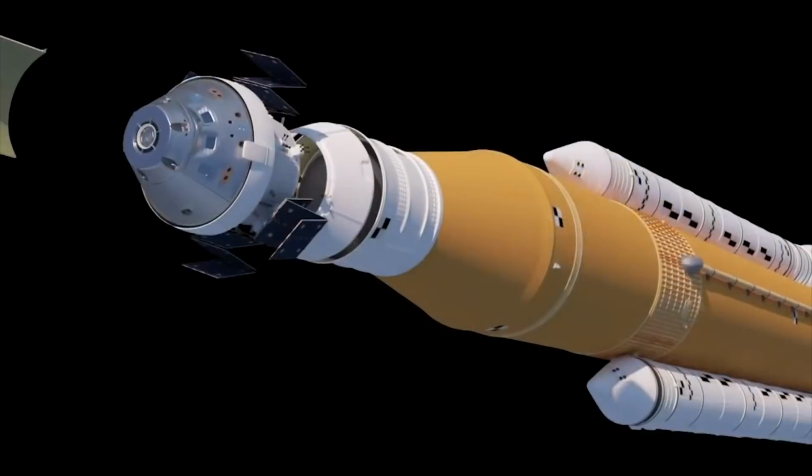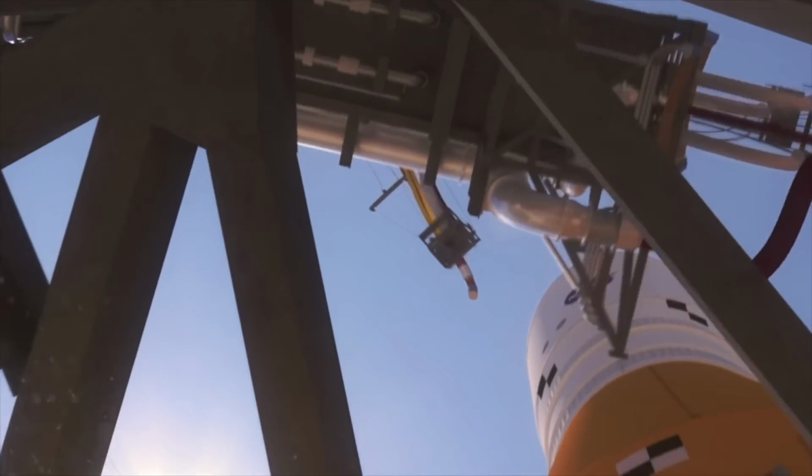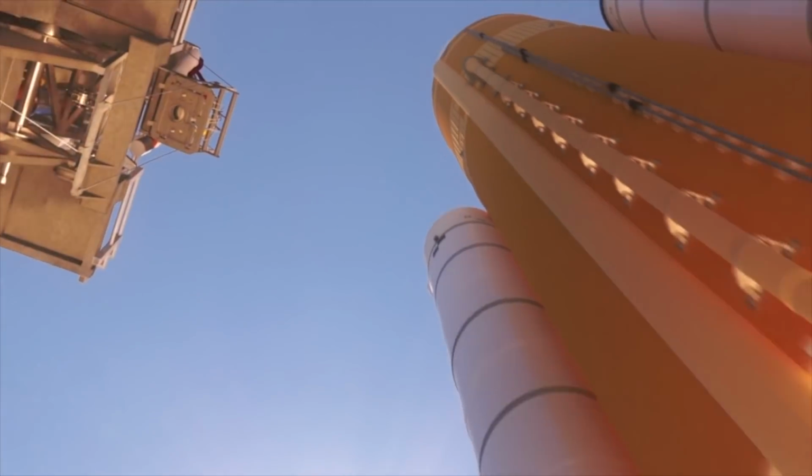And now we're building the most powerful rocket in the history of humanity that will take not just the next man, but the first woman to the moon by 2024 in the Artemis program. This program is commercial in nature, but it's also international in nature. And so we're very grateful for our partners that are building the boosters so that we can ultimately achieve the objectives of our nation and, in fact,